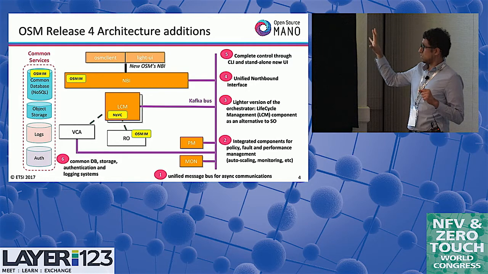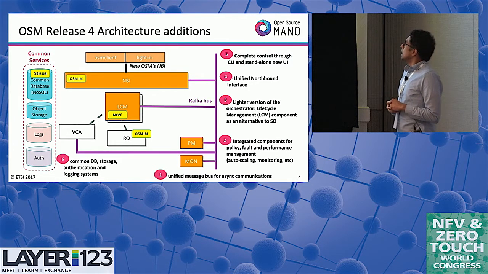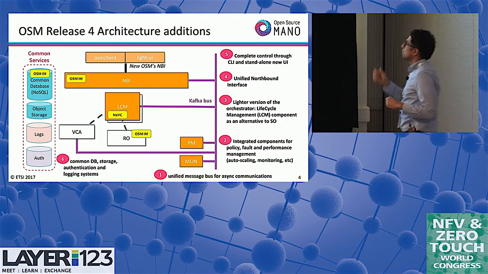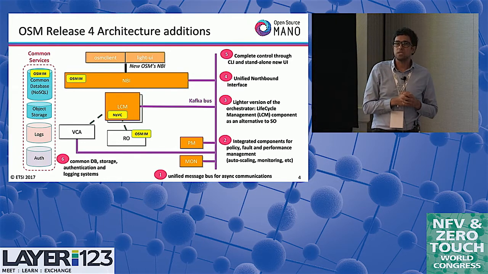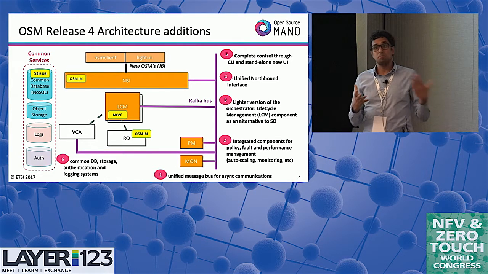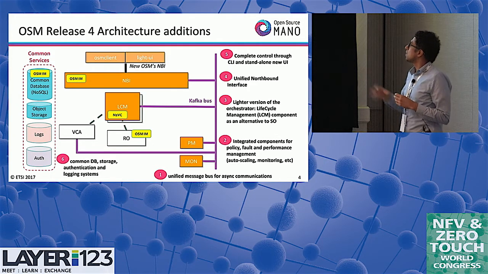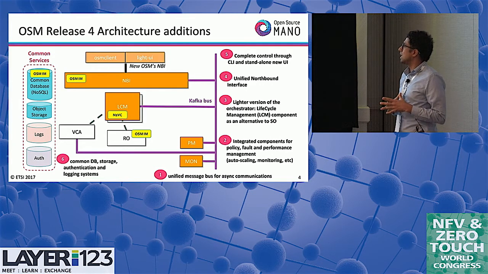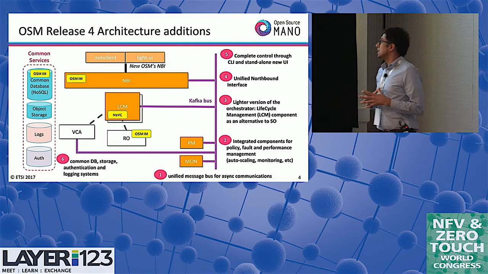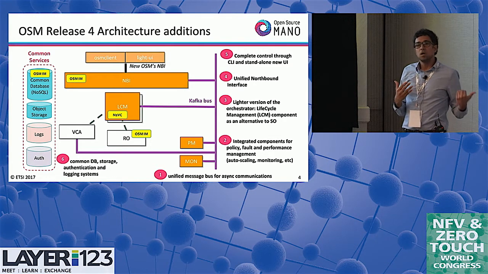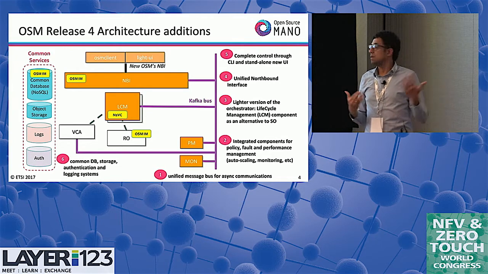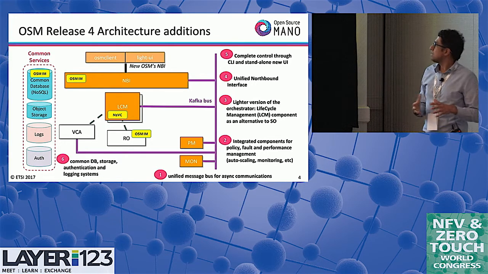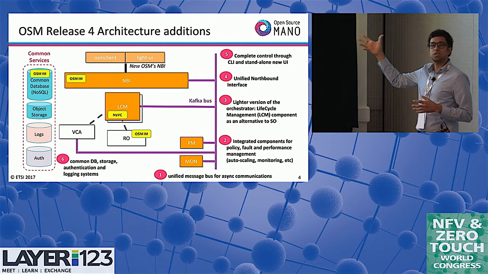You also already saw a similar diagram earlier. Mainly, we are adding a unified message bus, which is implemented with Kafka for asynchronous communications. And this is a huge opportunity to introduce new models and plug them to the system very easily. For example, the monitoring module and the policy manager module are relatively new modules that come with release 4 and provide policy management, fault management, and performance management. For example, things like auto-scaling, monitoring, metrics, everything related, we can do it with the monitoring module and the policy